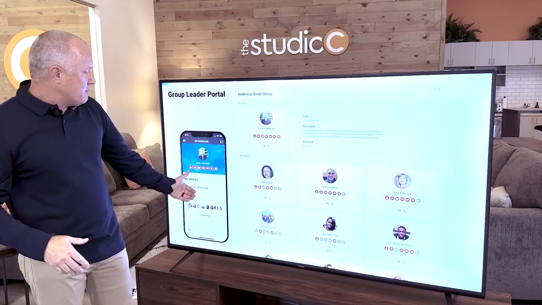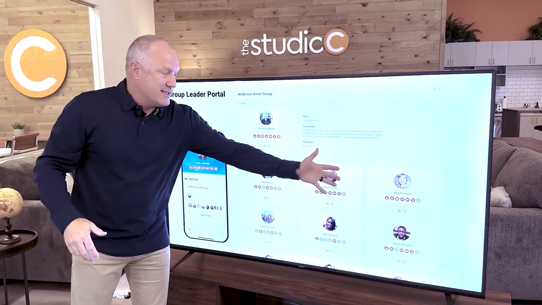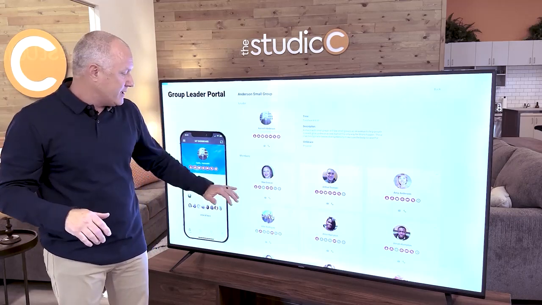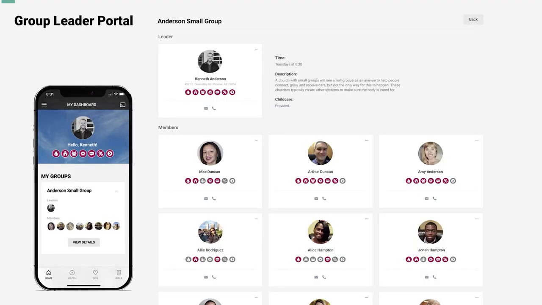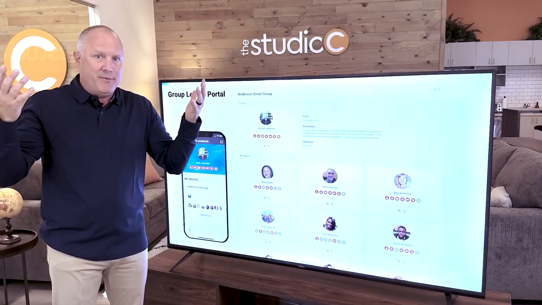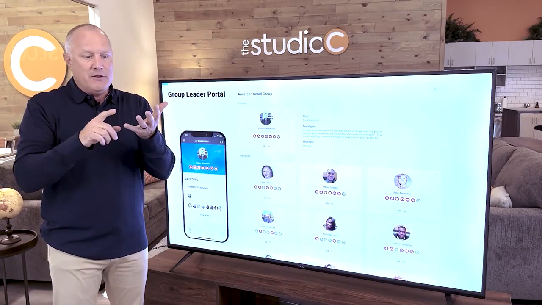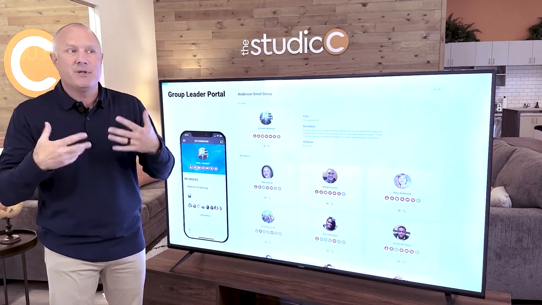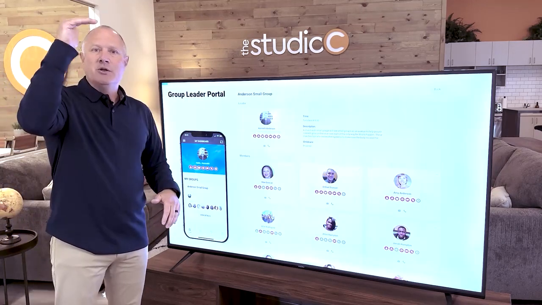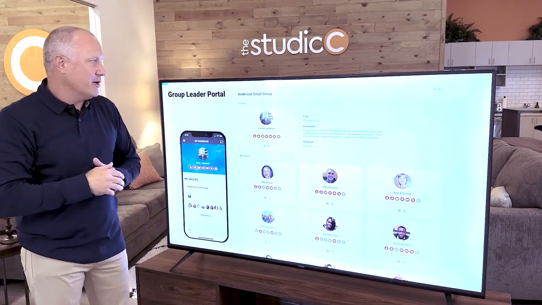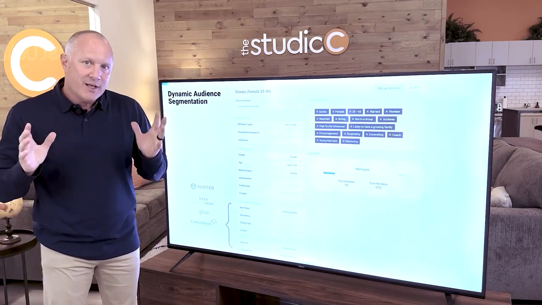So what they can do, a small group leader, is log in. They're going to see the people on the roster. They can email them or call them through the tool itself right there. But what's also neat is they get to see exactly where the small group members are in their journey. And for me, for instance, I'd look at it, and if 80% of my people weren't serving, then I either spoke on the biblical principle of serving, or perhaps I created a group serve project, something to help get people engaged. So, recap: arming the people to manage their journey, staff to manage their journey, and small group leaders to manage their journey. Okay, here's how we do it.